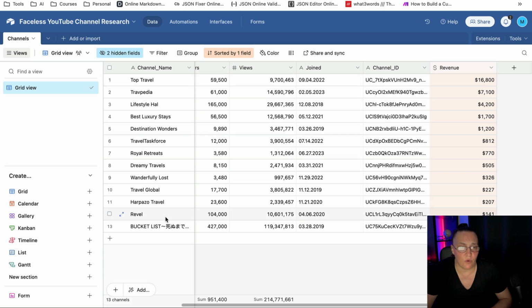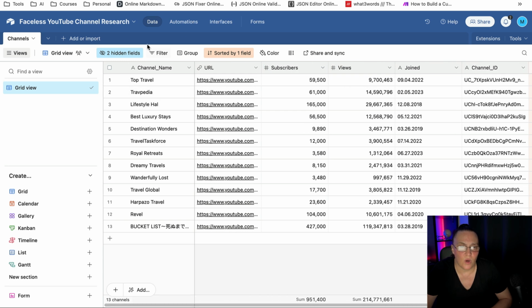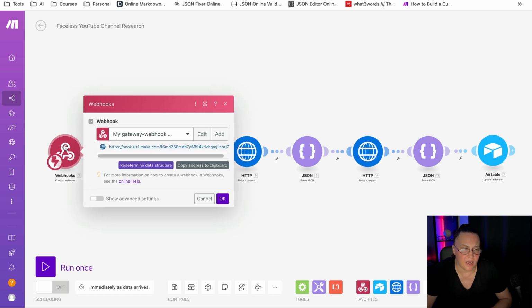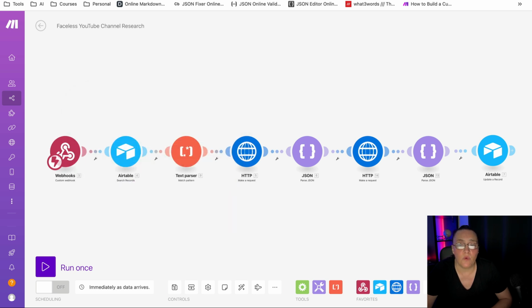But once we have all the channels we want, then we're going to have a look at the revenue. Okay, so this is the first thing we need to do. Then once we have our table set up, we're going to go into Make, and the first thing we're going to do is add our custom webhook. And when we add our custom webhook, all you need to do is to copy the address to the clipboard. You just click on this button that says copy address to clipboard, and then we're going to go back to